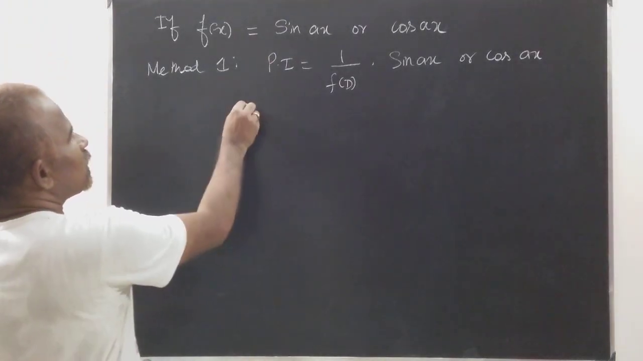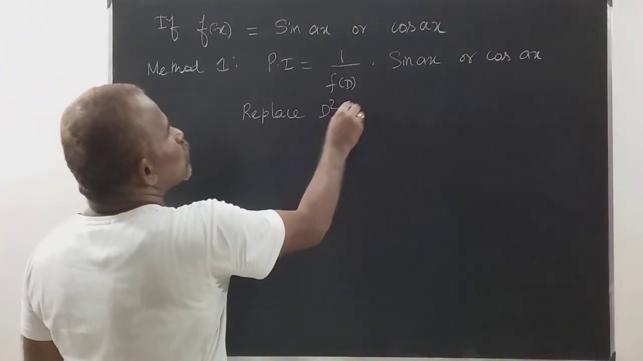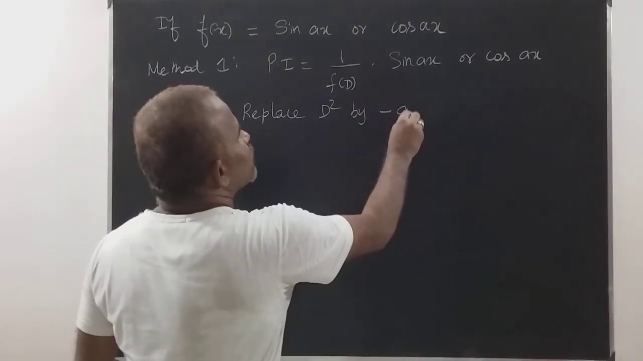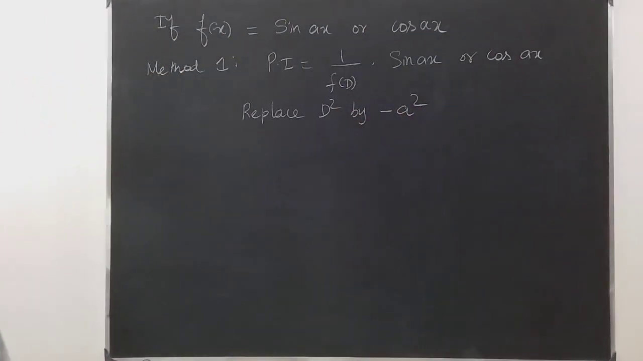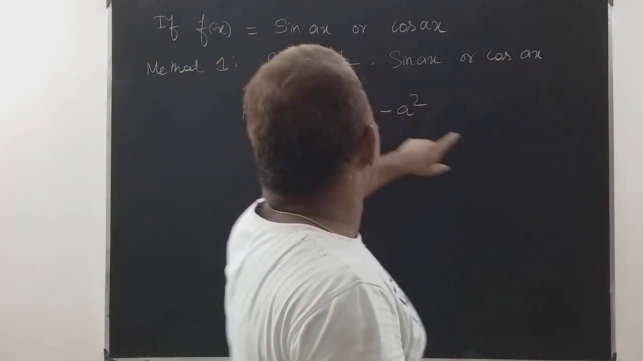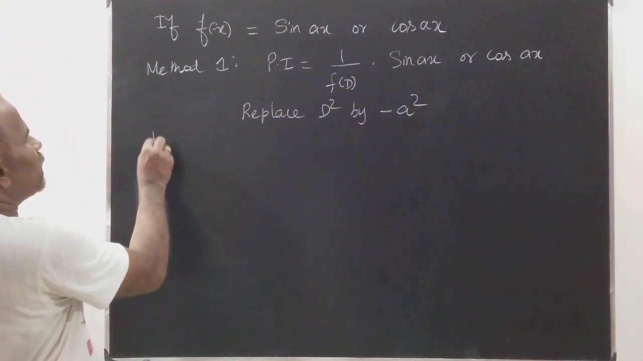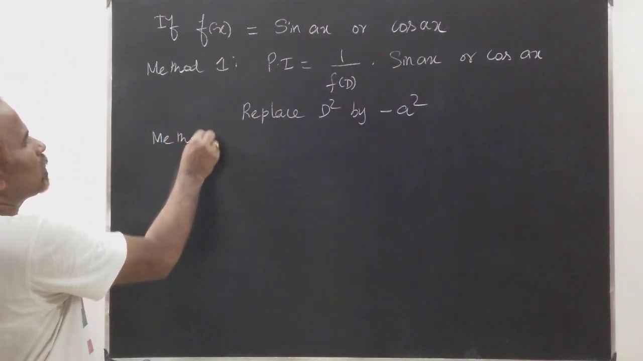Method 1 is replace d square by minus a square. That is most important. Either sin ax or cos ax, you have to replace d square by minus a square. Method 2 is